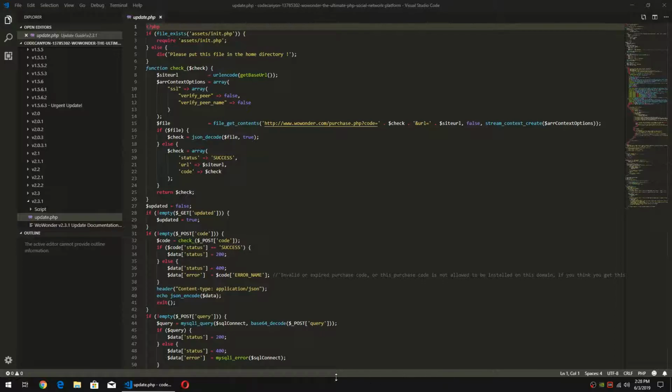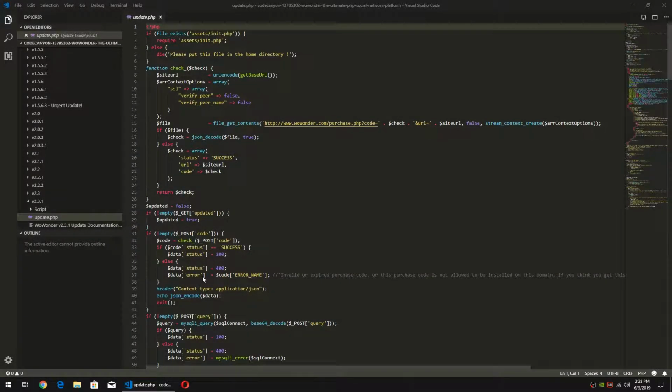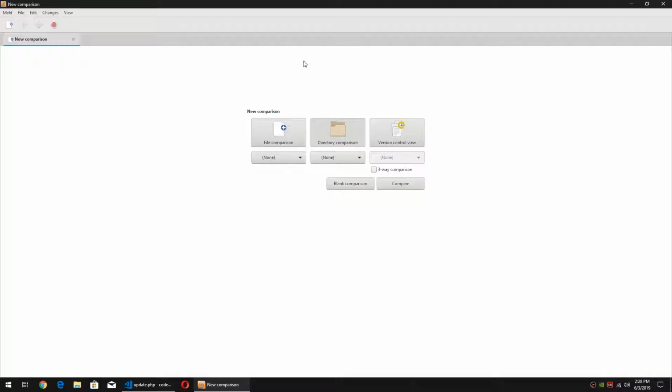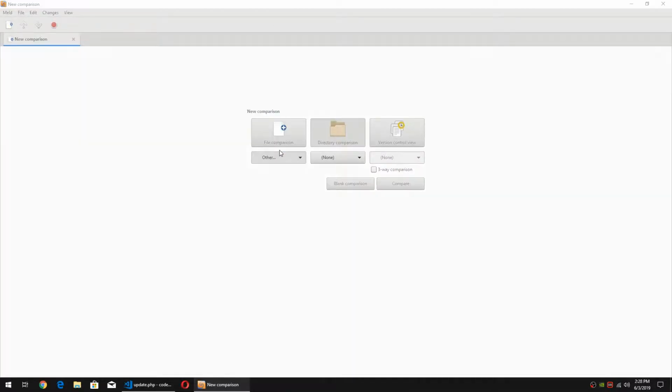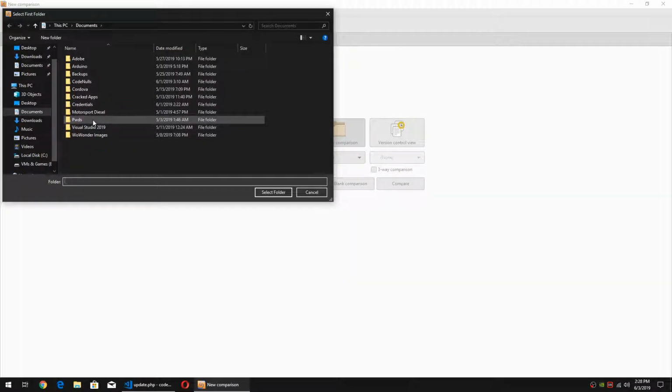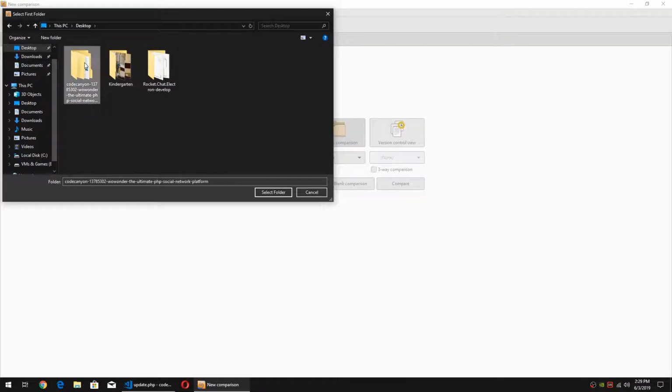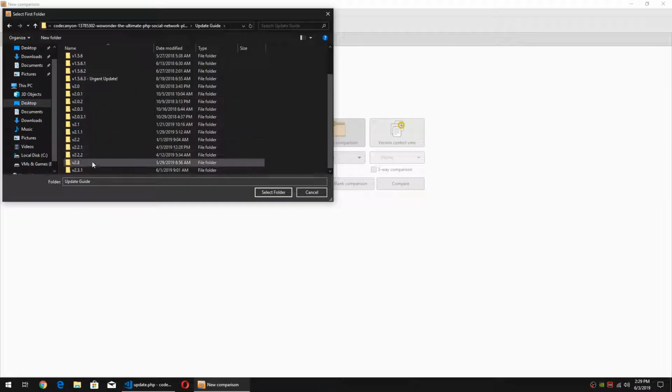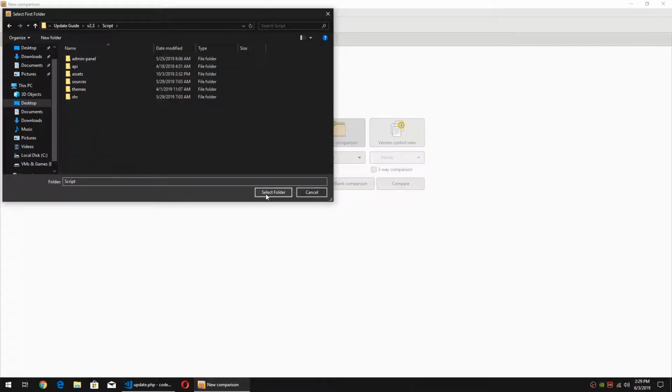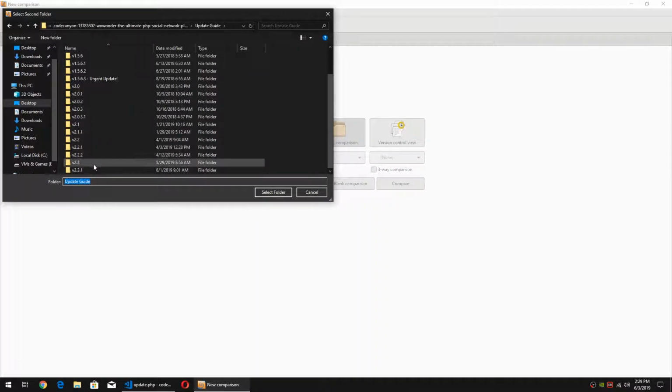So first thing I normally do is go into a program called MELD, M-E-L-D, which is simply a diff tool. You can see differences between two files, and I'll open the previous version because I've been doing this for every version since really early, like 1.4 or something. So I'll go to the file 2.3, which is the last version of the script, and I'll go to the newer version, which in this case is 2.3.1,